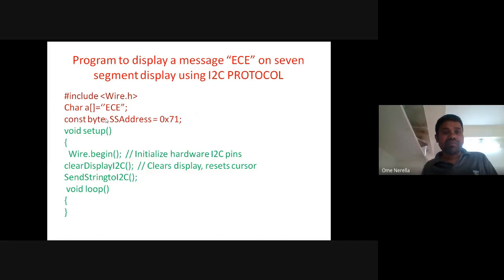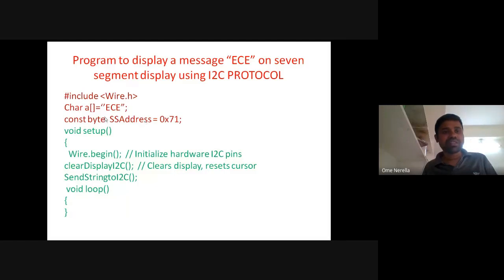The manufacturer has given that the I2C based 7-segment display address is 0x71. So I want to store it in one variable, 7SS, meaning 7-segment address, or simply we can use the term address, no problem.